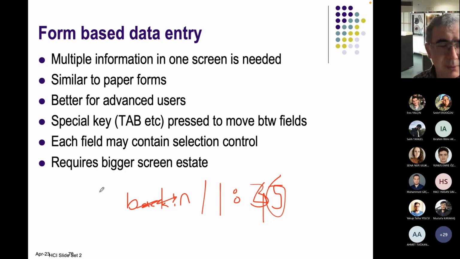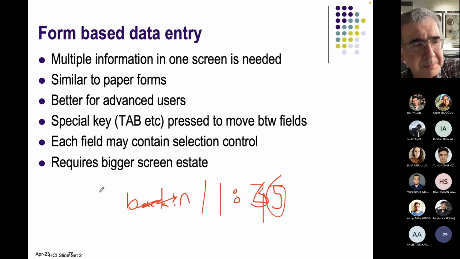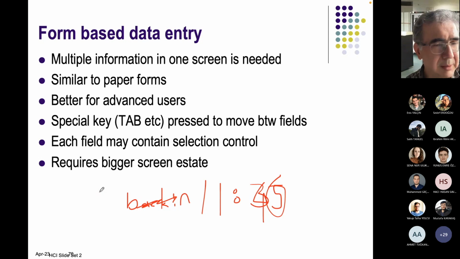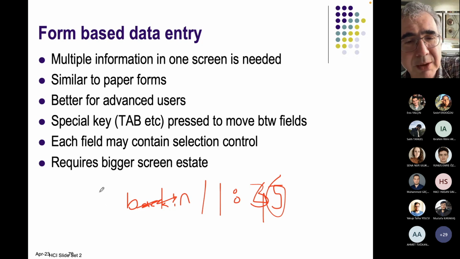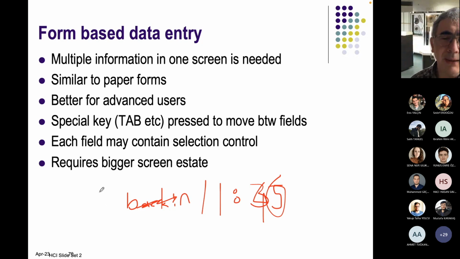For example, if you are going to object to an exam, there is an exam objection form. You fill out the exam objection form and give it to the secretary. But in our department, you have to fill a dilekçe. So it's like a free format